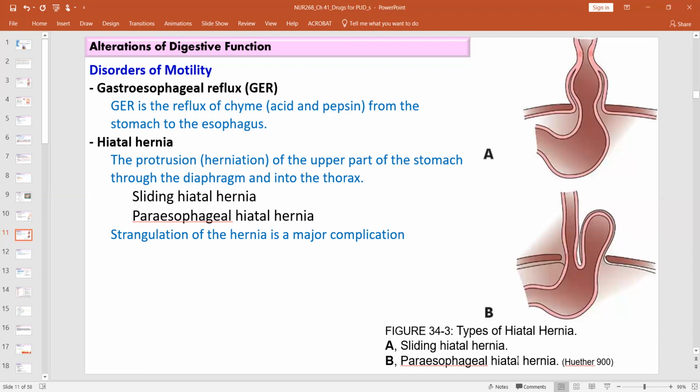The paraesophageal hernia, or hiatal hernia, is when the greater curvature of the stomach herniates through a secondary opening in the diaphragm and lies alongside the esophagus. The symptoms include congestion of mucosal blood flow leading to gastritis and ulcer formation. So here there is some strangulation, which is the twisting of the